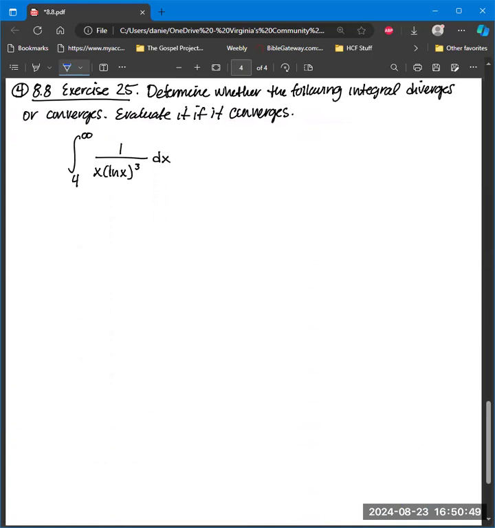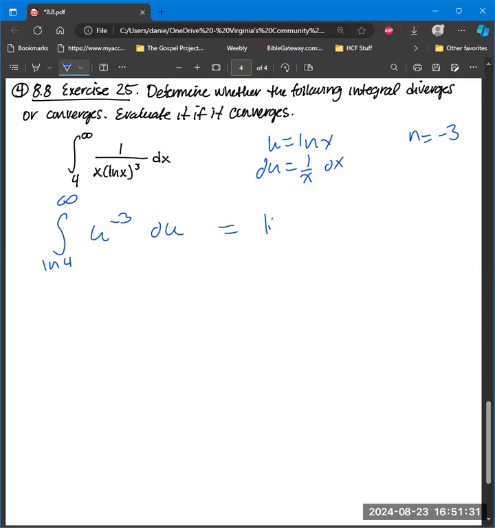All right. Determine whether the following integral diverges or converges. So u is going to be ln of x, du is going to be 1 over x dx, n is a -3, and do a u substitution here. This is going to be ln of 4, and ln of infinity is still infinity. The integral of u to the -3rd du, like that,